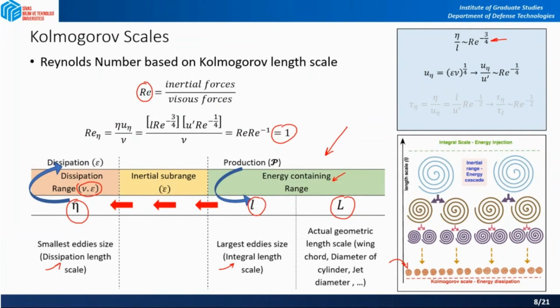But in the inertial subrange, the energy does not disappear. The energy disappears to heat in the dissipation range, because of the action of the viscosity. But viscosity is not in the inertial subrange. It only gets transferred to the smallest scales by the inertial action. So the inertial subrange is only governed by